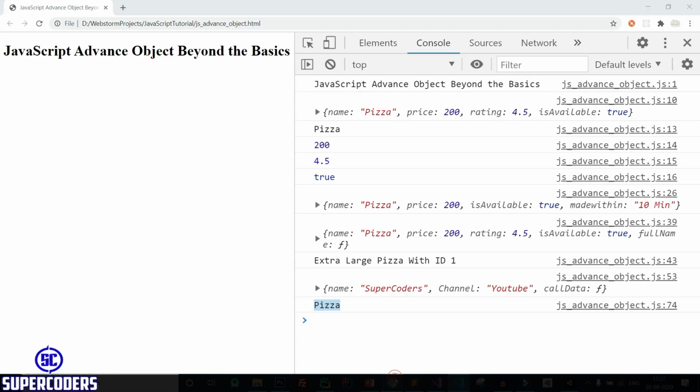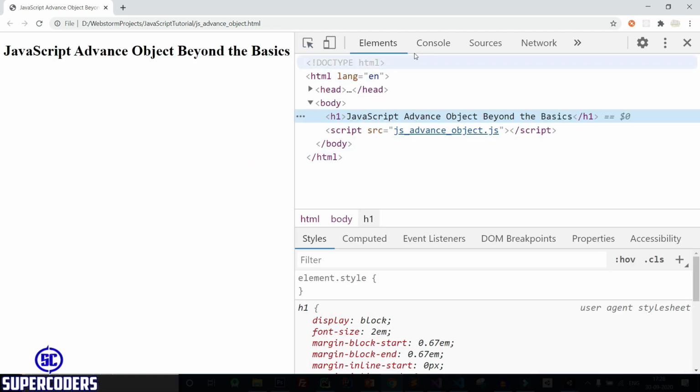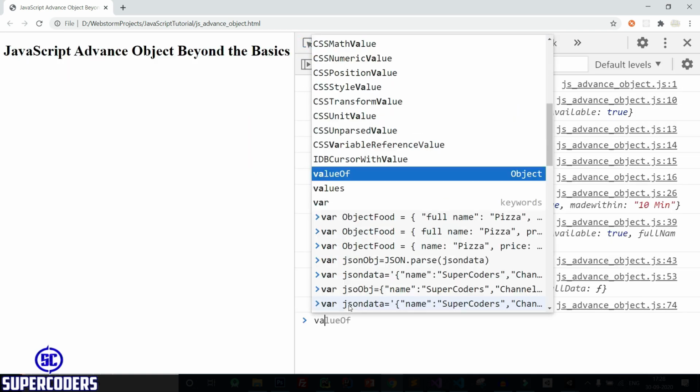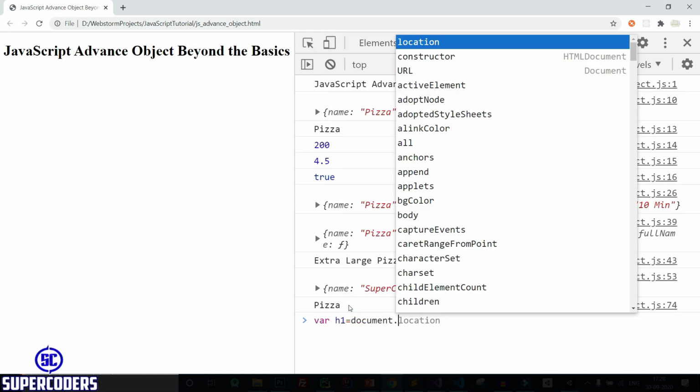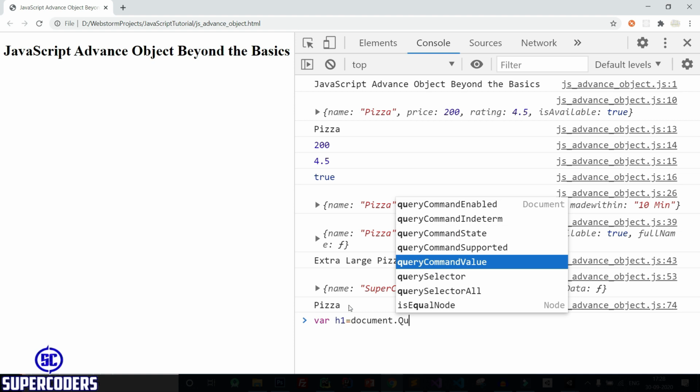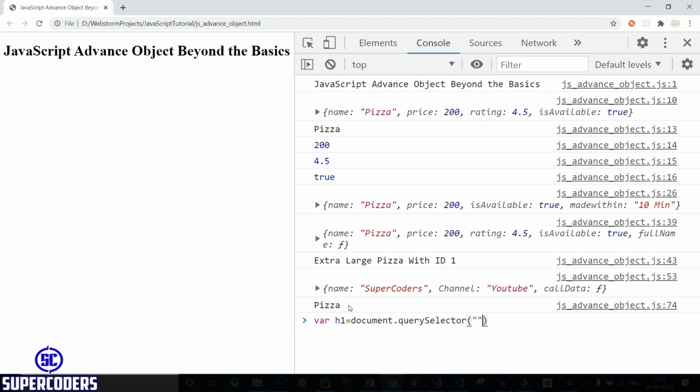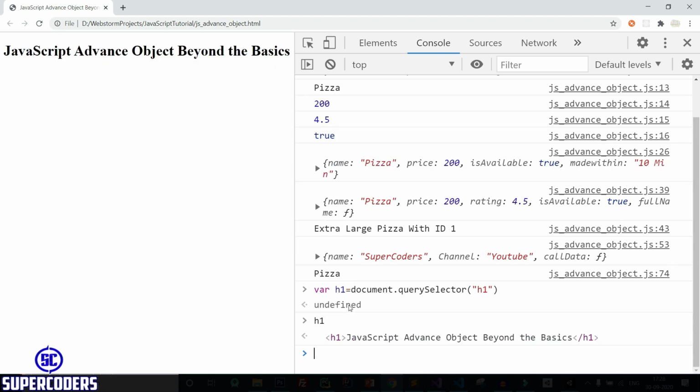Now back to Chrome. Let's see one more thing. Here, if you see this heading, it is an object. If I try to access this, where h1 equals document dot query selector h1, you can access this h1.